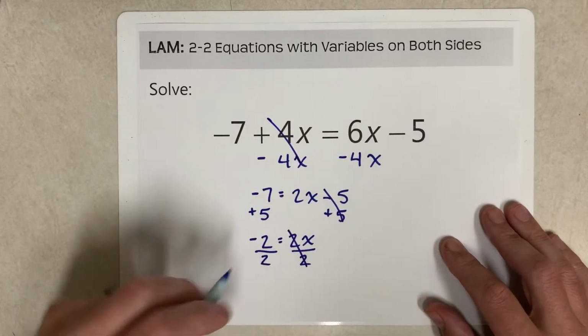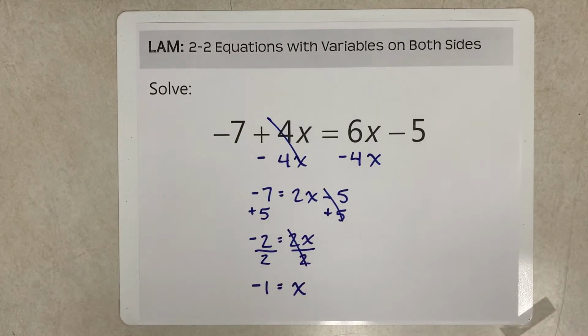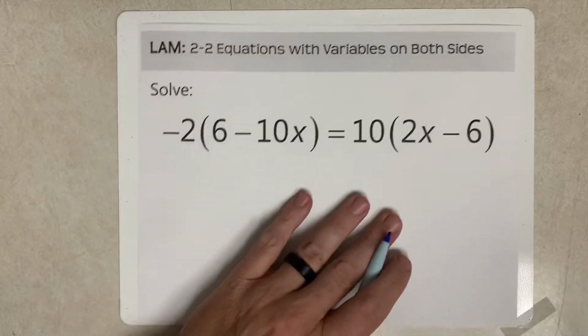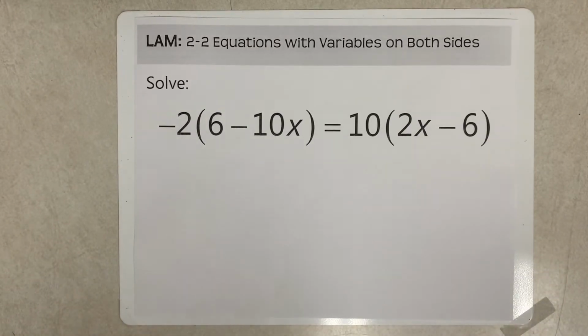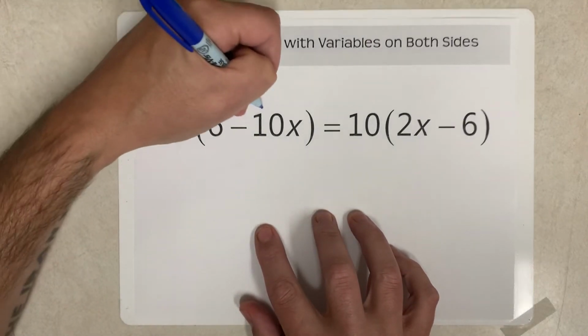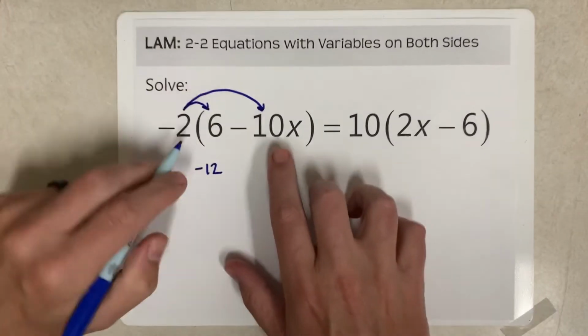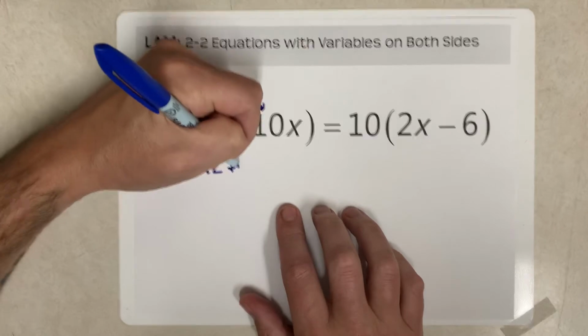And negative 2 divided by 2 is negative 1. And so x is equal to negative 1. Okay, this time I got to do some distributing. So negative 2 times 6 and negative 2 times negative 10x. All right, so negative 12 and that'll be a positive 20x,